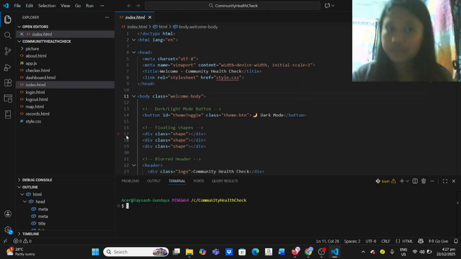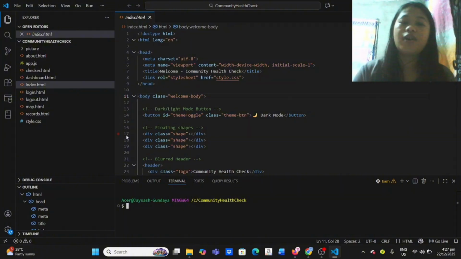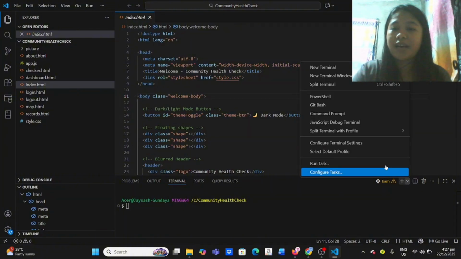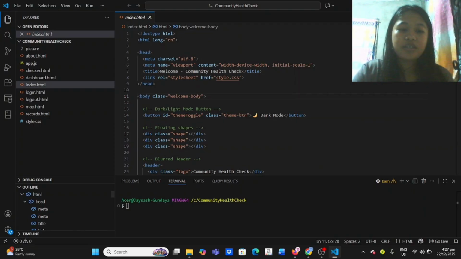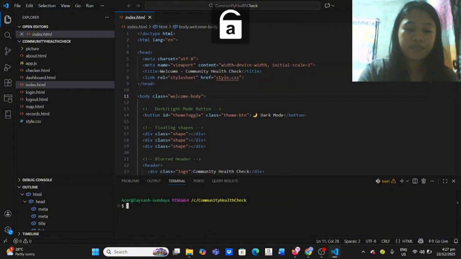So after you open your terminal, go to Git Bash. This is the first thing you should do. So let's git init.